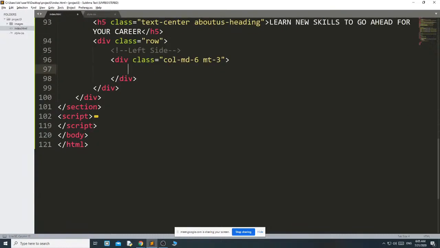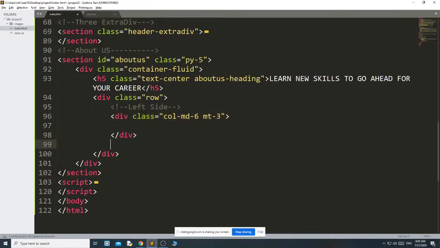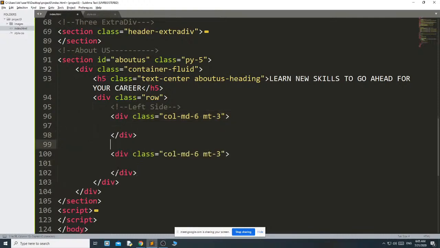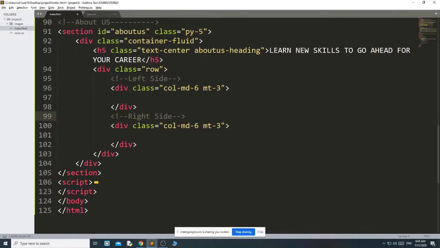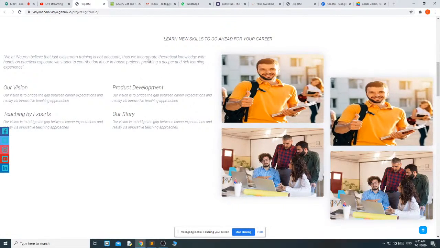Okay, and the same I need another one for the right side. Okay, I have divided into two parts. Then we will concentrate on the left side.